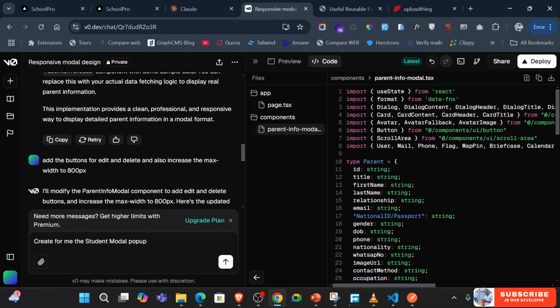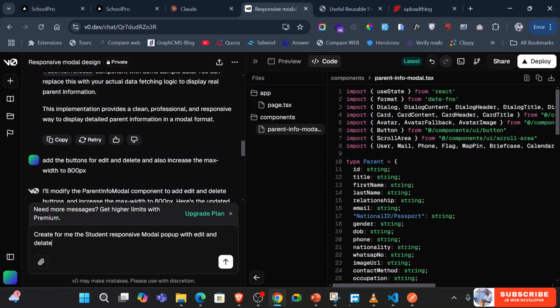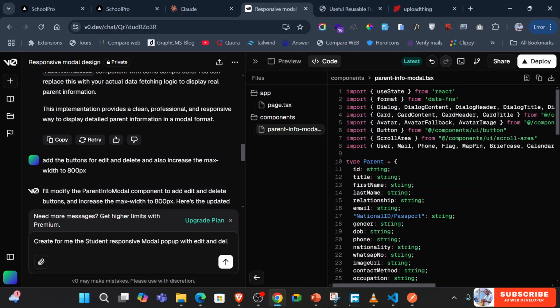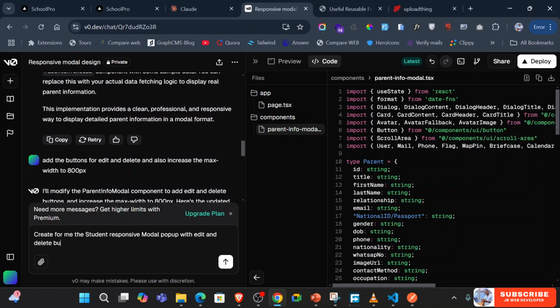Just say the student responsive model pop-up. Okay, with edit and delete buttons for a student with